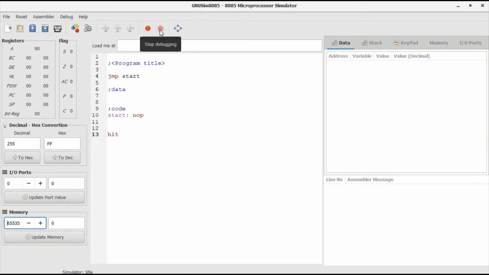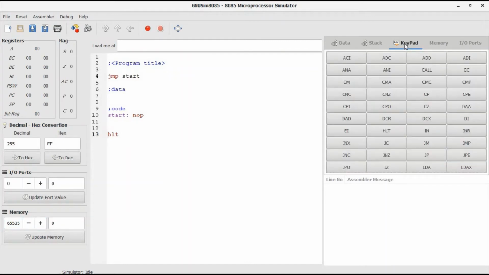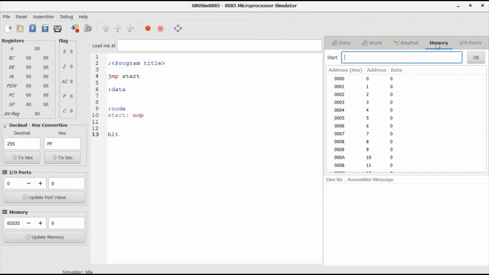This is the keyboard which shows various instructions of 8085 microprocessor: ACI, ADC add with carry, ADD, add immediate. Like this, you can see all the instructions from this keyboard. This is the memory. You can store your program at your desired memory location. That memory location will show here and IO ports will show here. This is for stack and this is for the data.